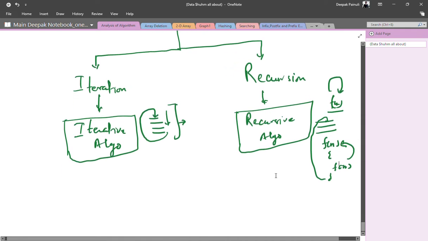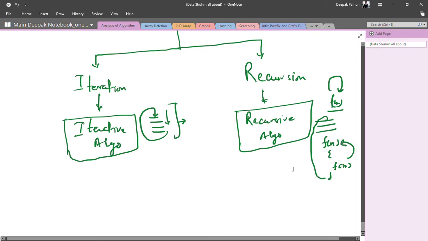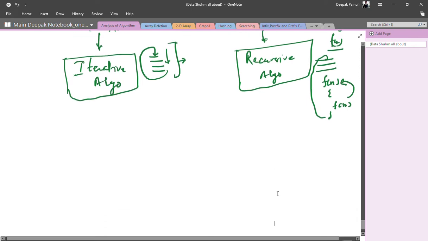Let us understand it by a simple general code, right? Let's say we have some algorithm A0 where the code is something like: for i equals 1 to n, and in this we call a function max(a, b).